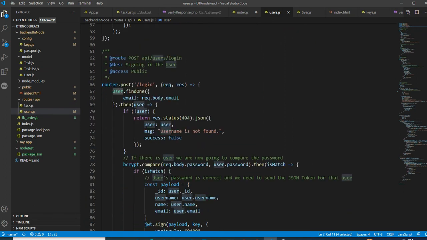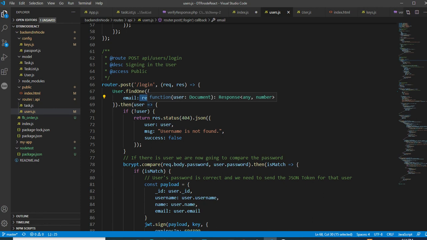Now let's check this login. So in this login, the User.findOne means you are trying to find the email ID. So you have provided the email ID, and you are checking whether that email ID matches or not. If the email ID is matched, then you will get a response in the then method. In the then method you will get a response. If user, you will get the user. So I think you understand this one, because you are finding through the email from the database. If the email is matched, that particular data you will get.